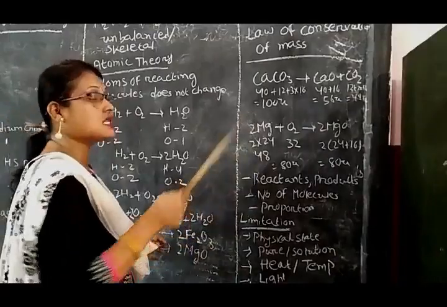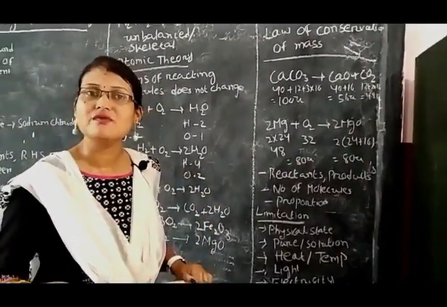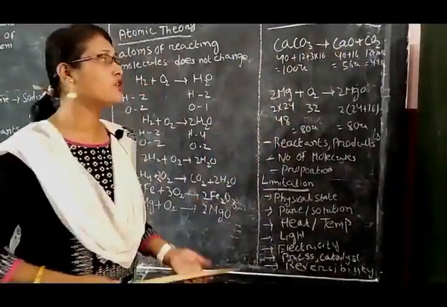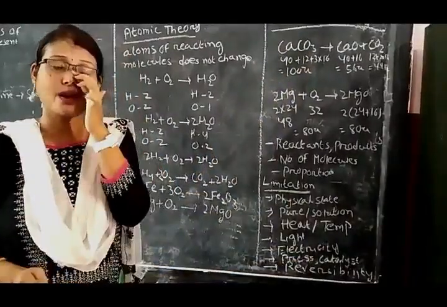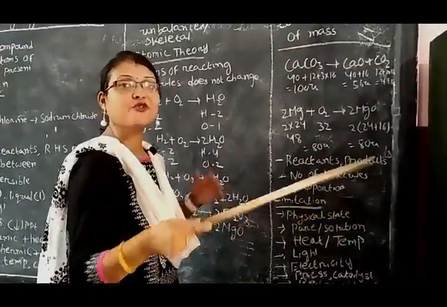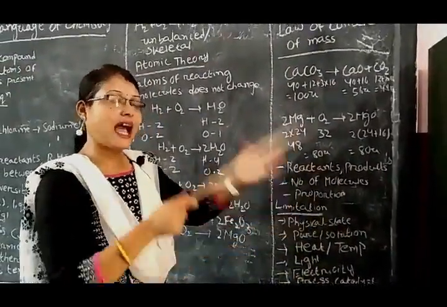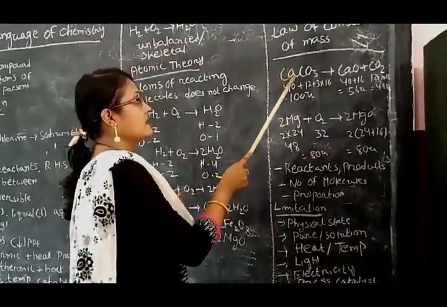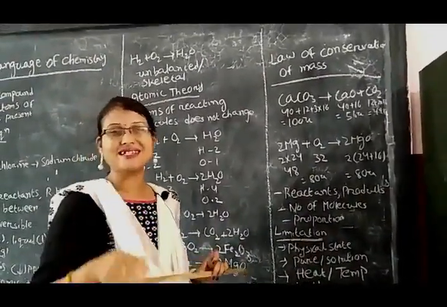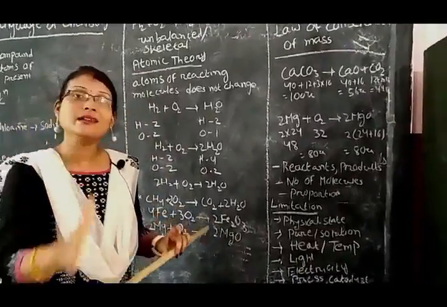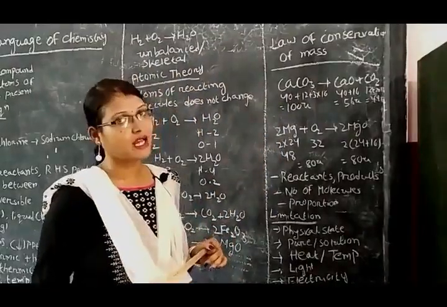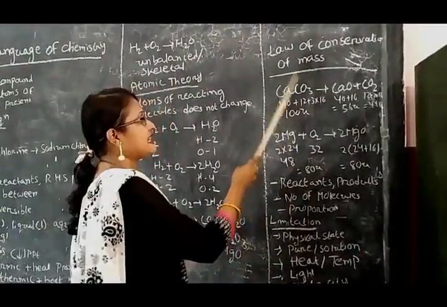Okay. Then there are still some limitations of the chemical equation. What are the limitations? In the chemical equation, the physical state must be written. We don't know whether this calcium carbonate is solid, liquid or gas. So we should write S for solid, L for liquid, AQ for aqueous, like that, what I have already discussed. Then it must be written whether in the reaction it is in the pure state or in the solution state, because there are so many reactions which take place only in the solution state, not in the pure state. So pure or solution, it must be written in the chemical equation. That is one limitation.